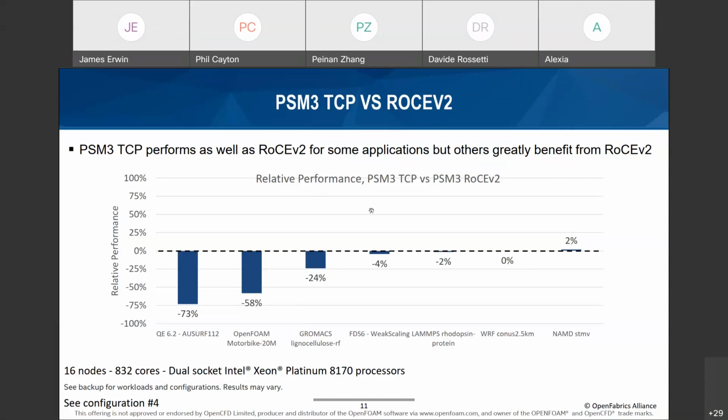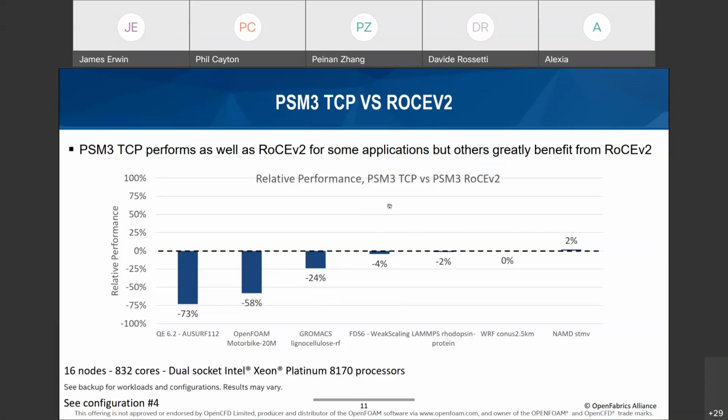One is that the TCP implementation is very stable and robust, and it runs on every application we've tried. Our first few development builds, we worked out some bugs, and now it's stable on every application that we run internally that runs over RoCE. And the second key point of this slide is that some applications